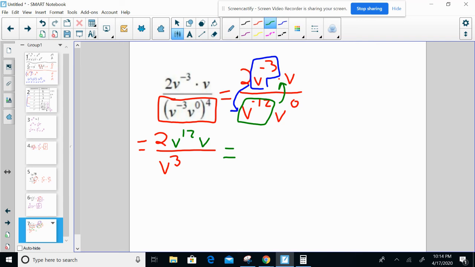So let's deal with the top first. 2 stays. And on top you have 12. Don't forget that has a 1. So there are actually 13 v's. 3 on the bottom. And then, so that was right there. That rule was, if we're thinking mad seam, multiply. You're adding the exponents. And now let's do division. You're subtracting. So 13 minus 3 is